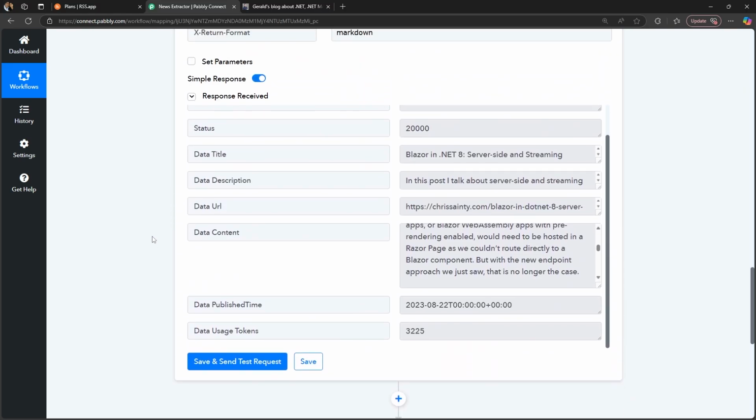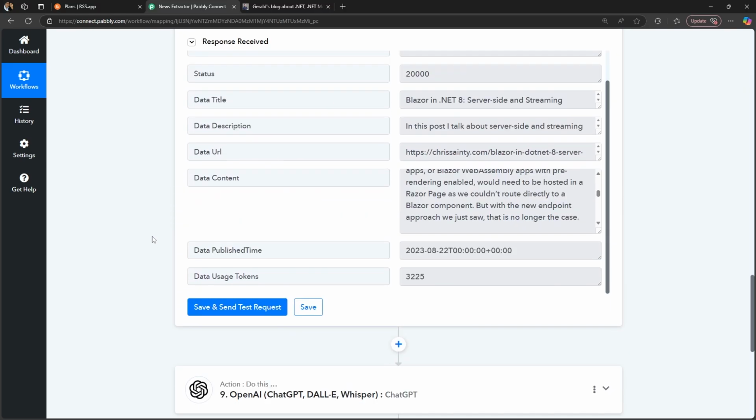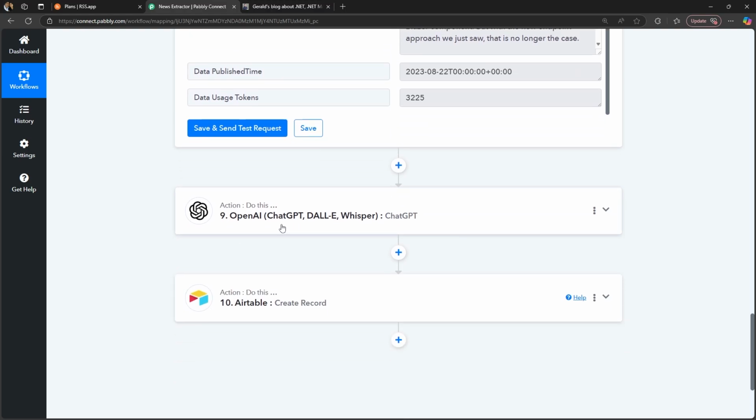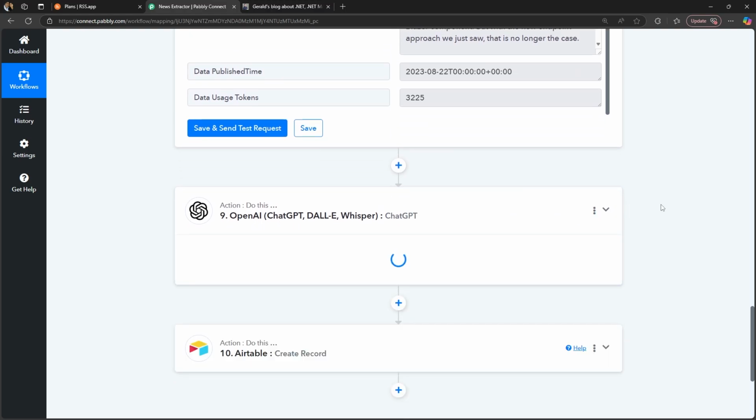After I have all the content of every post, what I'm doing here is using OpenAI to create a piece of content for a newsletter. You can do whatever you want. You can generate a new image, for example, for this post. You can generate an audio file using Whisper, for example, or any other service you want to use. In my particular case, as I am thinking to make a newsletter using all this information,